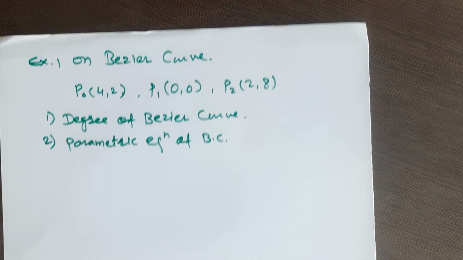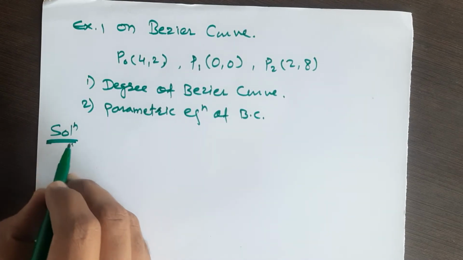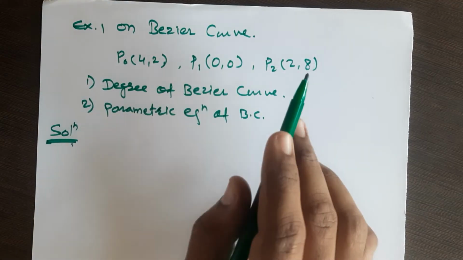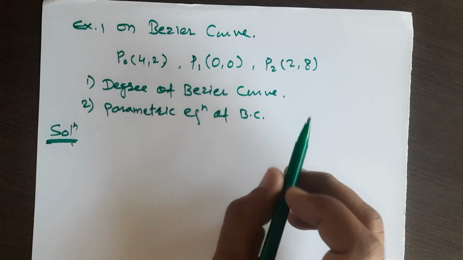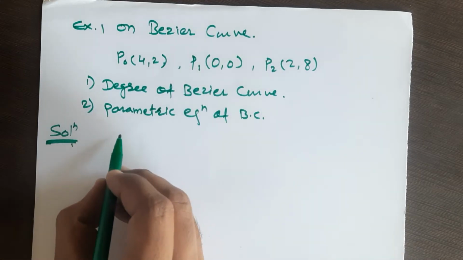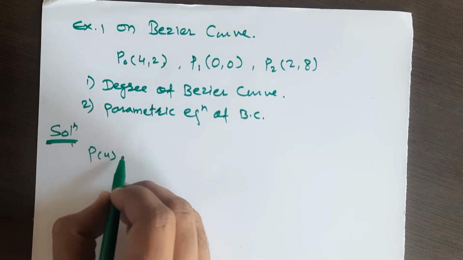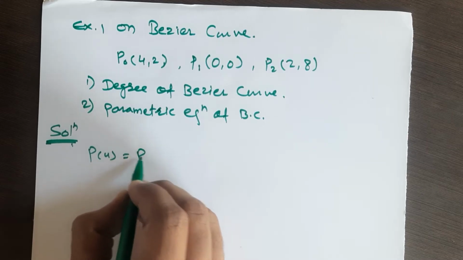Okay. Now the solution. So here the given data we have already written. The same thing is given. The general form of the parametric equation we have seen in the last lecture. In the last video we have seen the general form of parametric equation is P of u is equal to